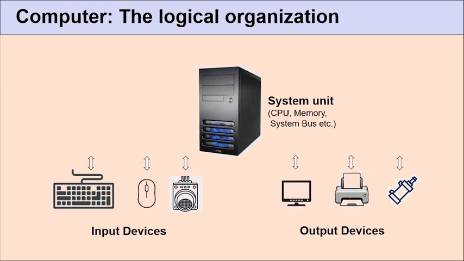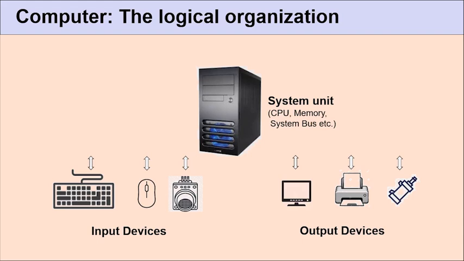Often we refer to the system unit as the CPU, but that notation is wrong. The CPU is only a single part or single module inside the system unit. It also includes several other components: memory, the system bus, as well as several other components that help the CPU